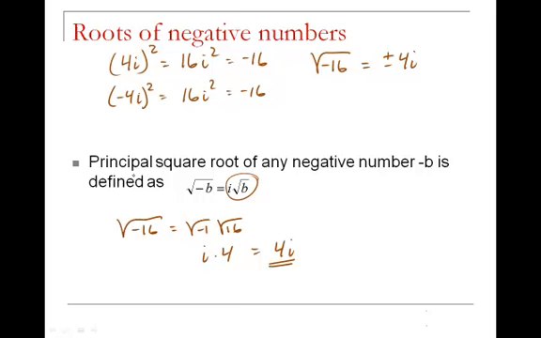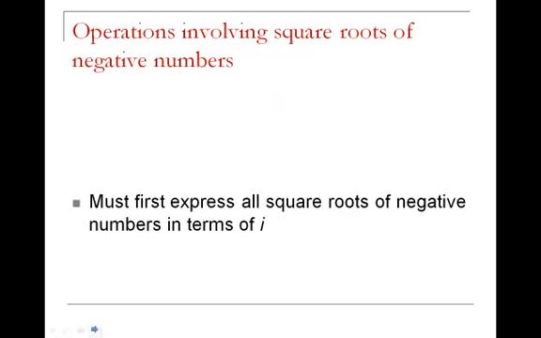We're going to choose the principal square root, or the positive value, when we take the square root of any negative number. Unless it's otherwise specified by a minus sign in front here, then we would of course put a minus in front of that. Okay, so just kind of a watch out for that. So square root of negative 36 would be simply 6i. We don't have to worry about the plus or minus. All right,